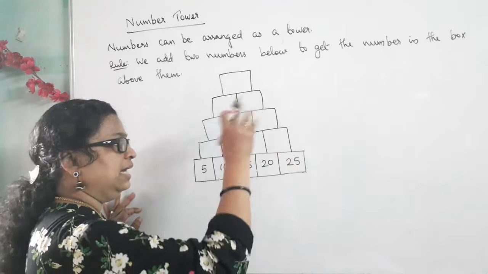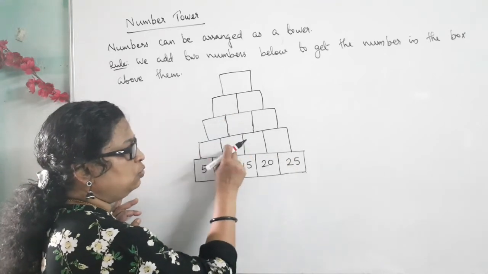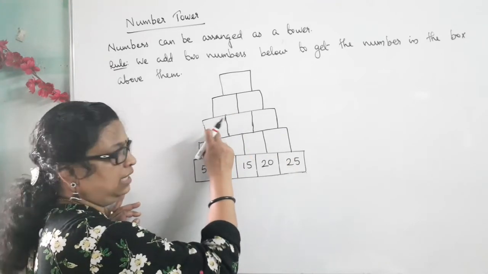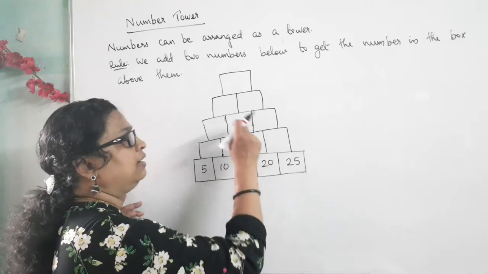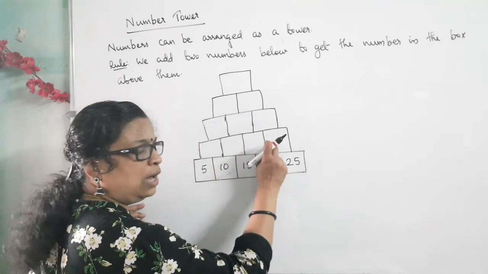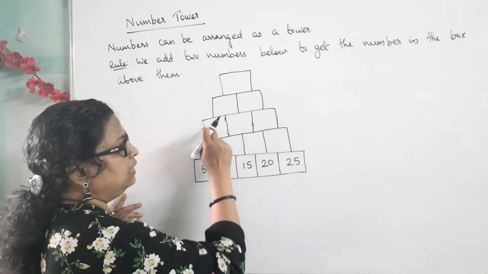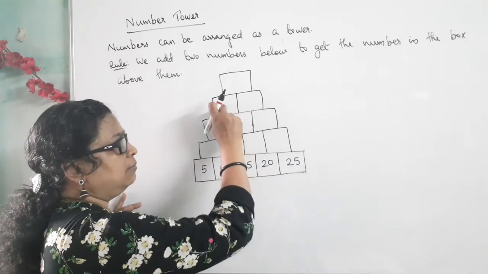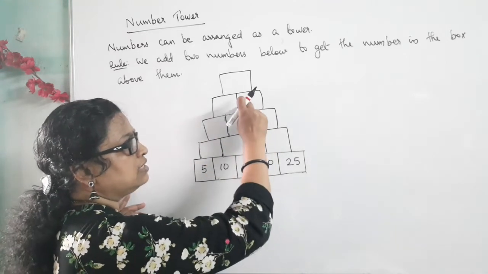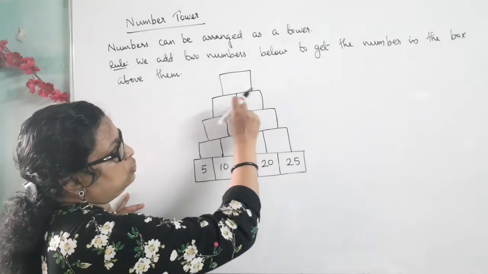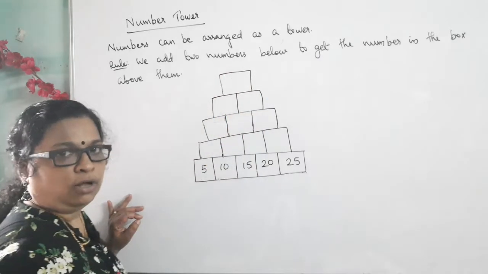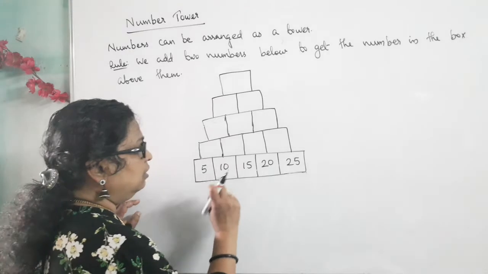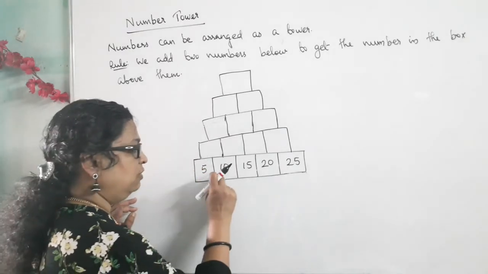This process again repeats. Here these 2 columns add and write the sum here. These 2 columns add and write the sum here. These 2 add and write the sum here. Then here and here add the sum here. These 2 add the sum here. Then these 2 add, you write this column. Okay. So we can do some examples, then you will understand.